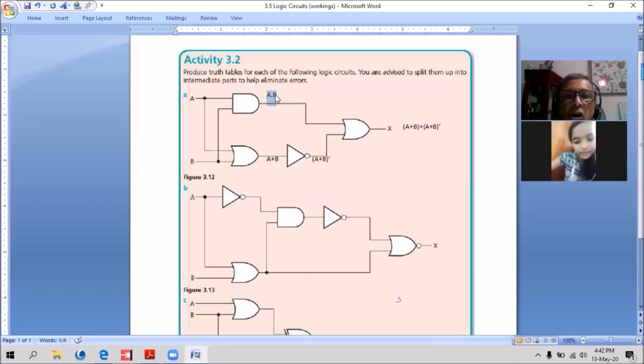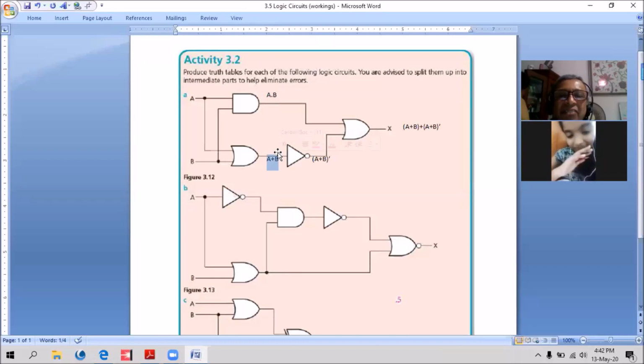It's not wrong to take A plus B, but my advice is to go top down and left right, in that manner. So the third column is A dot B, and the fourth column is A plus B.